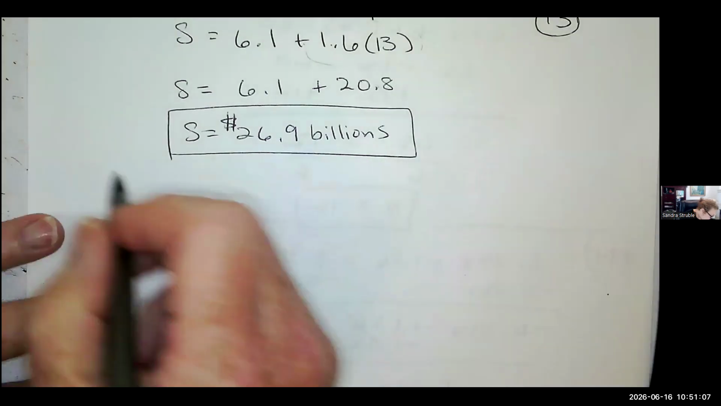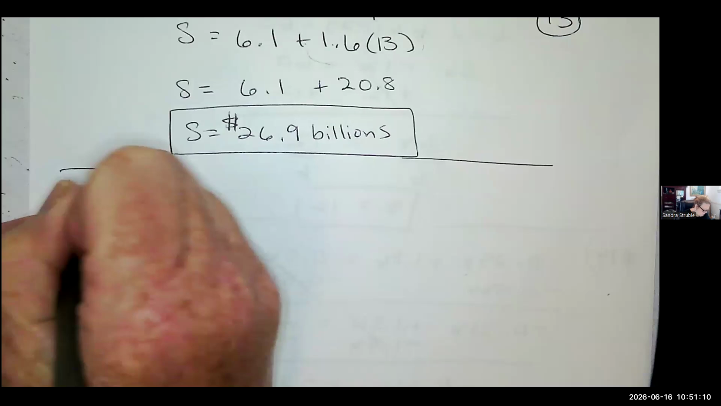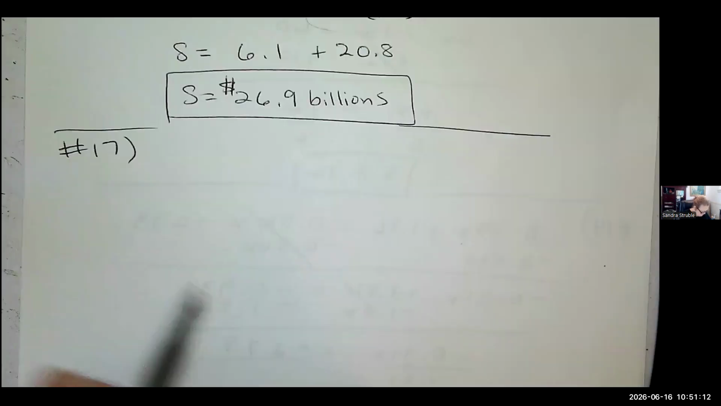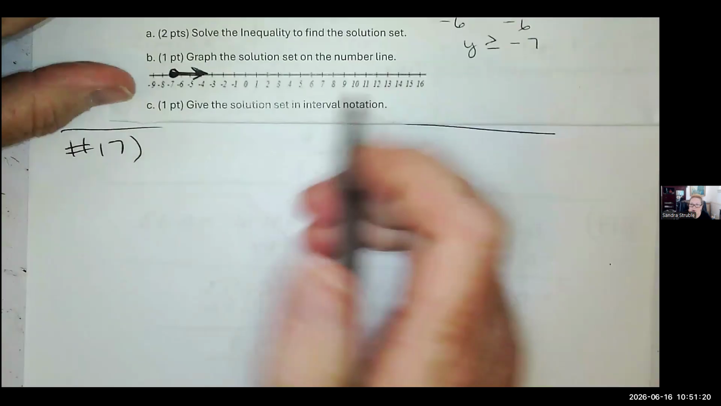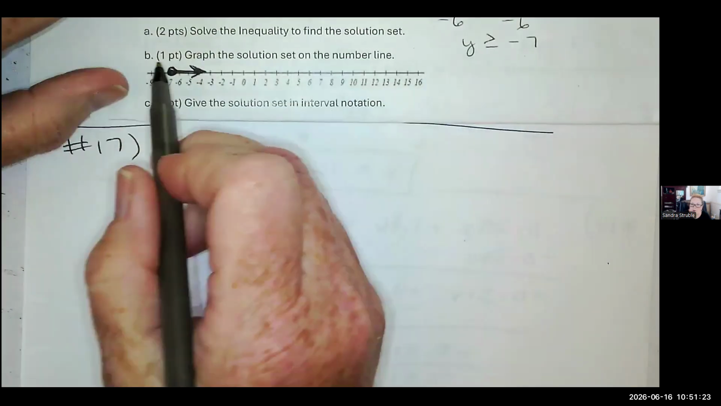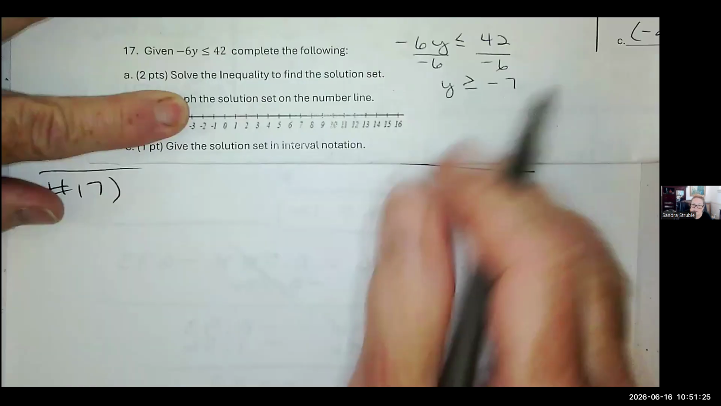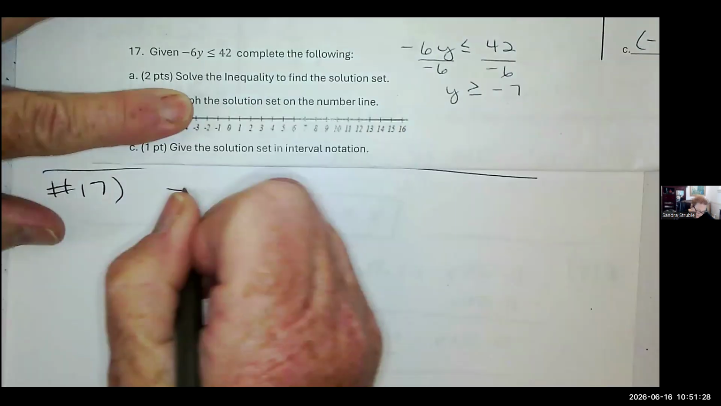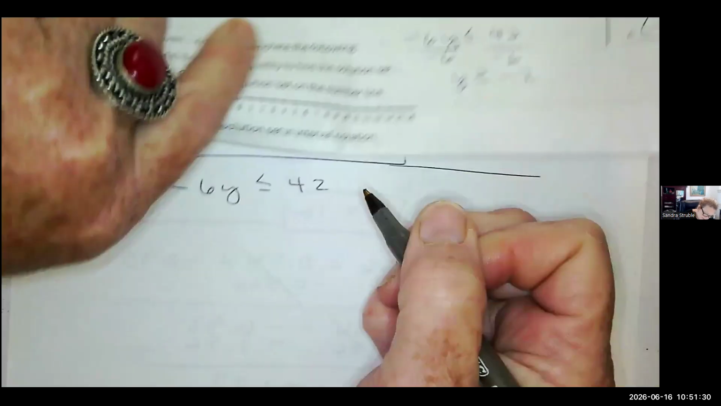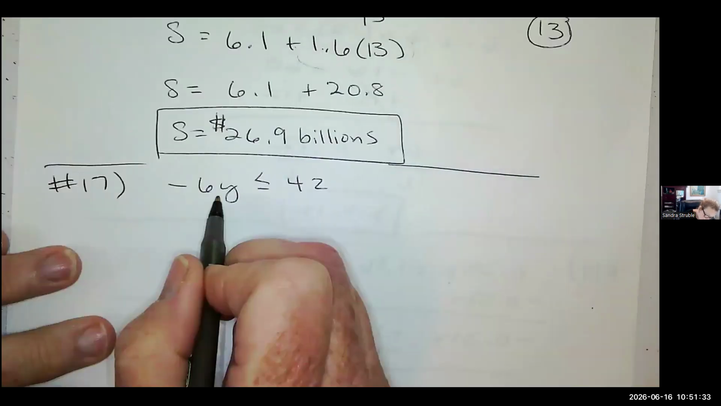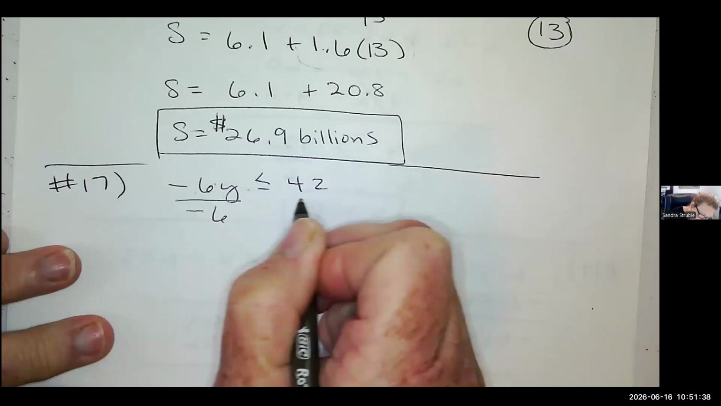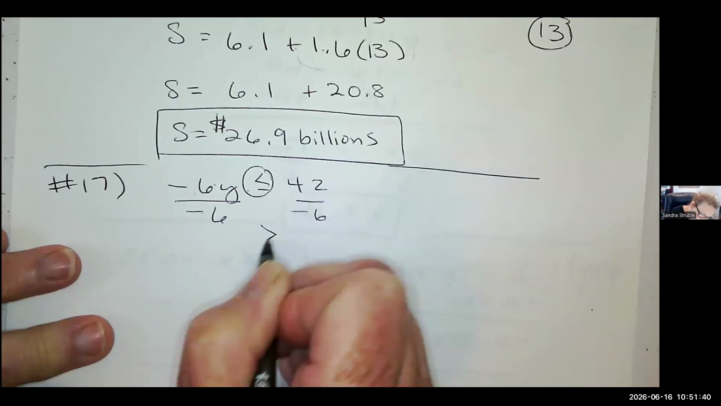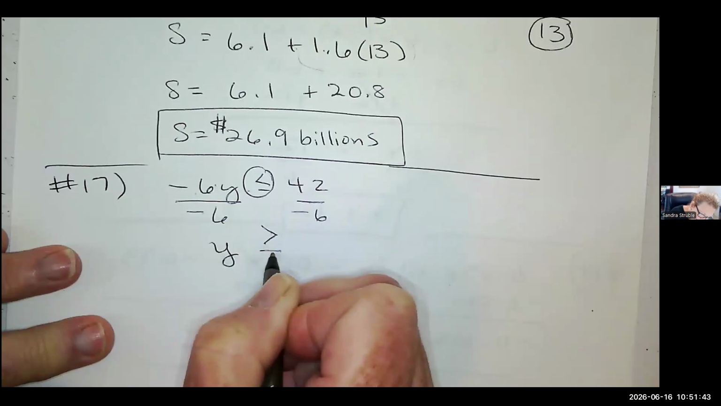All right. Number 17. Let's do it this way. Solve the inequality to find the solution set. Well, I've already got it drawn here. Where's my question? There it is. Given negative 6y less than or equal to 42. We're going to complete this. So negative 6 is what I'm having to divide by because it's multiplied to y. Dividing both sides by a negative means my inequality flips. So y is now greater than or equal to